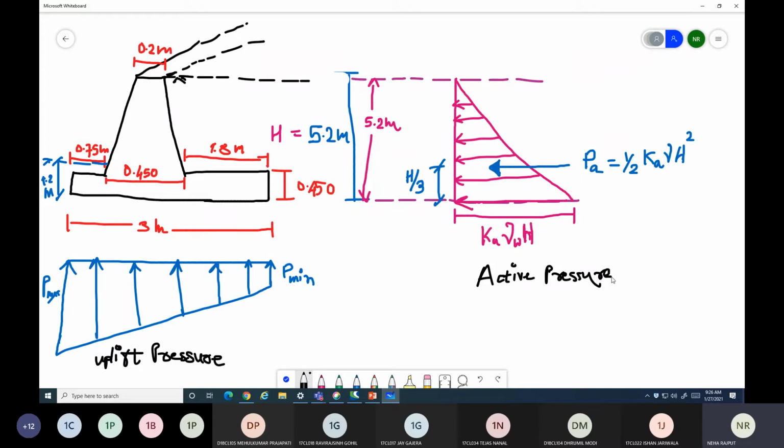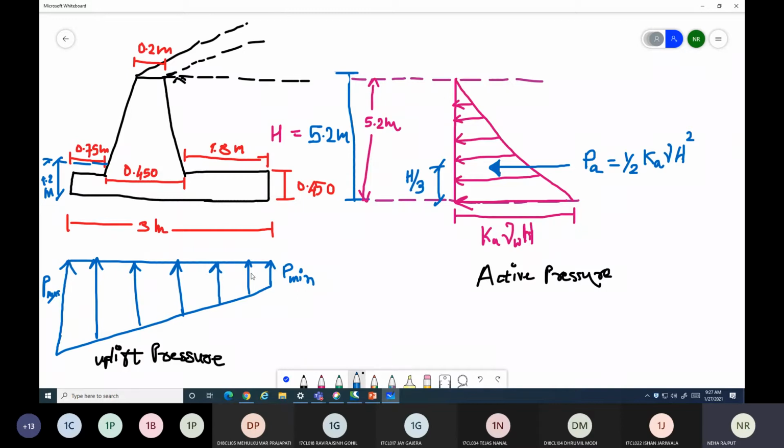If you wish, you can consider the passive pressure diagram also, but that pressure is minimum compared to the active one, so you can ignore that also. But in some books you can find the passive pressure diagram and the contribution of passive pressure into the stability analysis. I will show you how you can consider passive pressure in stability analysis later on at the time of analysis.